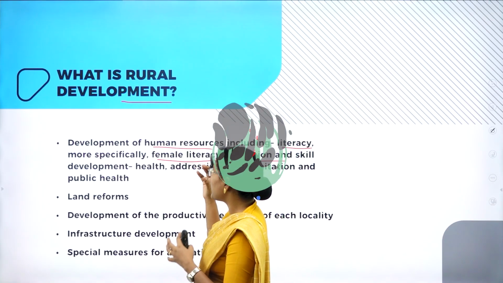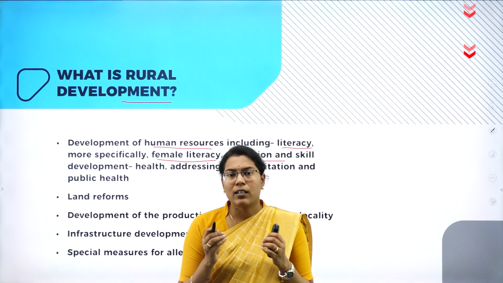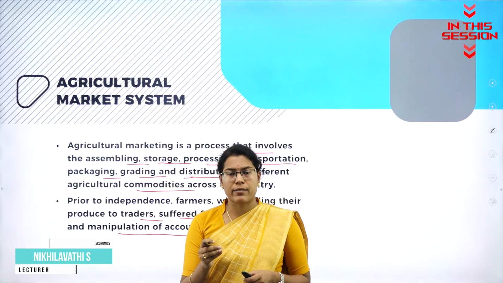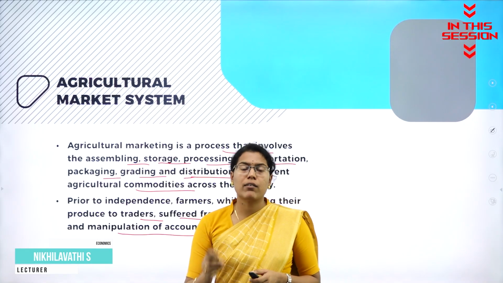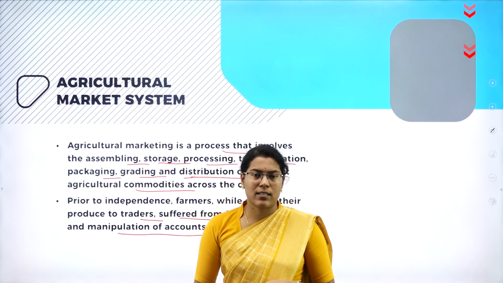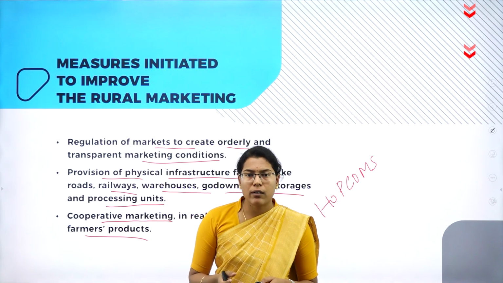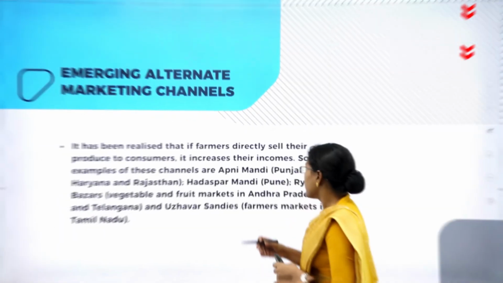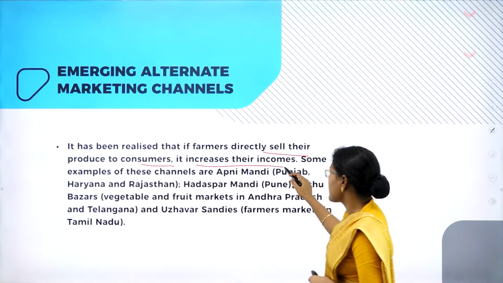Here it refers to the development of those areas, particularly which are economically backward and socially backward areas. So, in order to safeguard the farmers from exploitation and manipulation by the traders, government intervention was needed. The farmers producing fruits, vegetables and flowers are encouraged to sell their products to the direct consumers. When the farmers directly sell their produce to consumers, it increases their income.